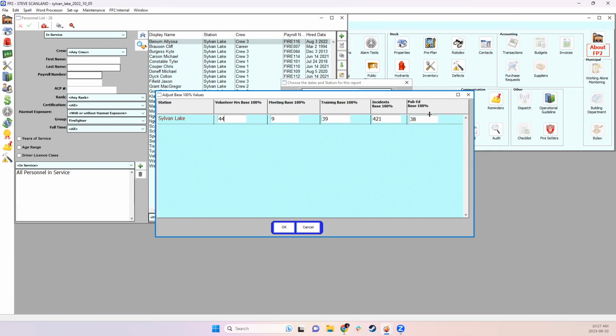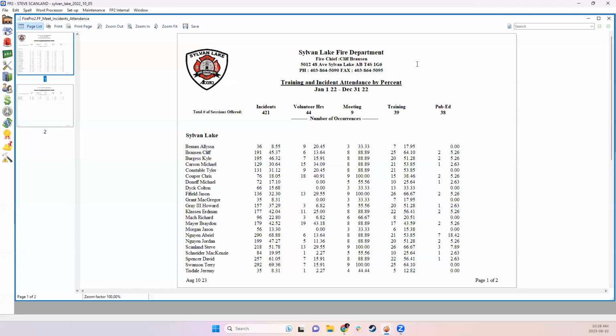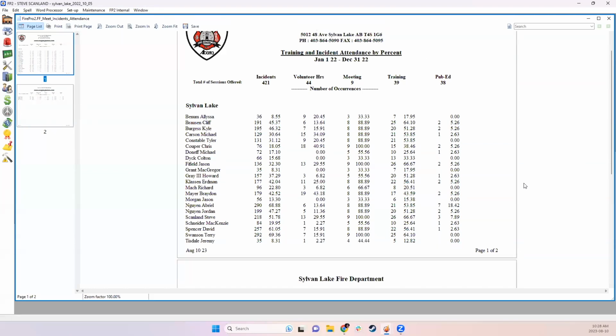This particular report will automatically break out the various different training types that you've set up, incidents, and if you have them, the public education module. And so we can see it's saying this is what 100% attendance looks like for those types of activities. So if I hit OK here, I get a breakdown for each person on exactly what activities, what percentage of